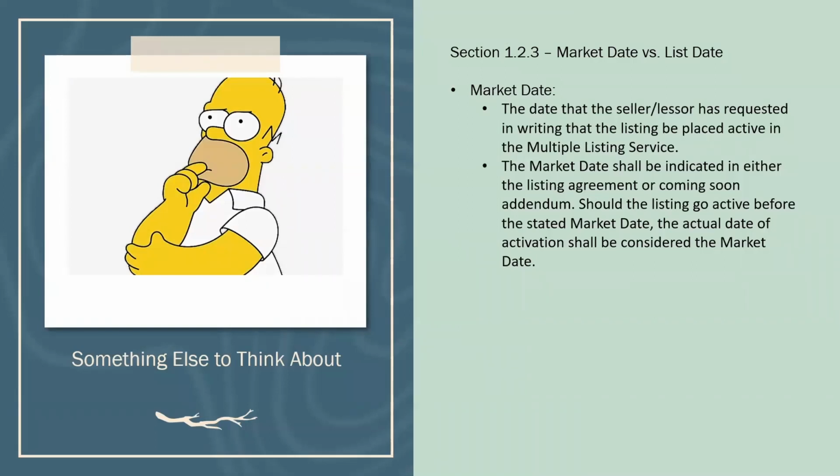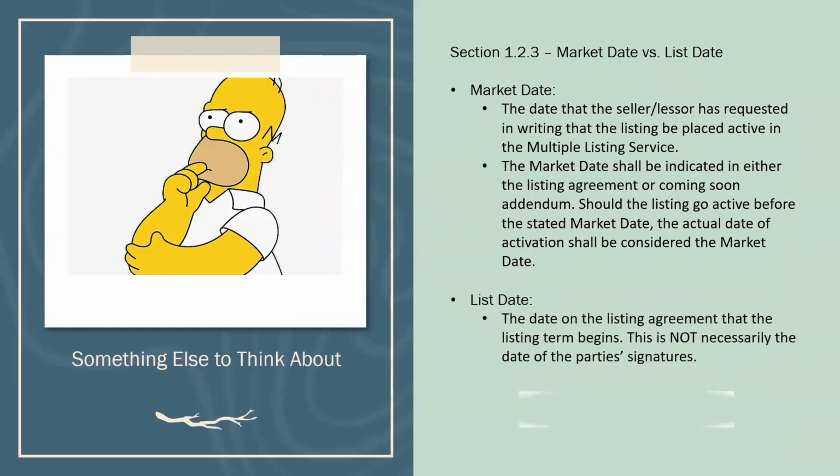That's why if you're putting in a partial listing, I tell you to make sure the market date is the last thing you fill out, because you can start entering a partial listing, let's say on Monday, and you put that date on there, right? The date of today, because market date can't be in the future. So the system will only let you put in that date. And then you fill everything out, and then you click on Friday to go active, you're already getting fined. Because from Monday to Friday is more than 2 days, and the system's going to hit you on that. So always make sure your market date is the last thing you fill out.